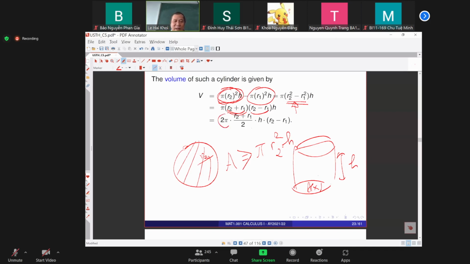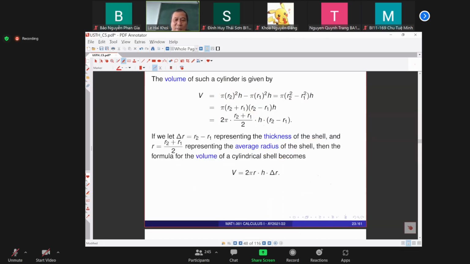You multiply by 2 and divide by 2, and then h multiplied by R2 minus R1. So this one is what? The difference between radius. So we write delta R,